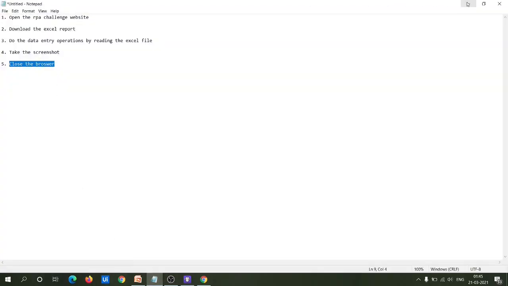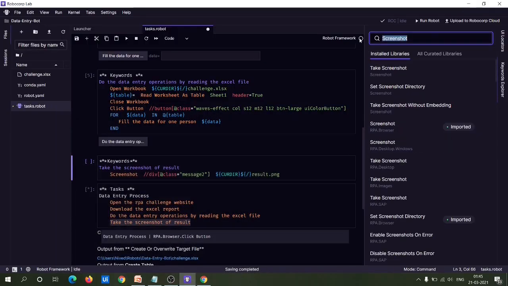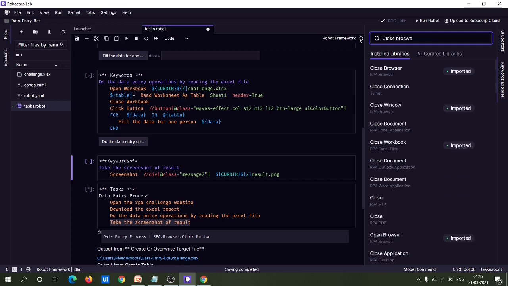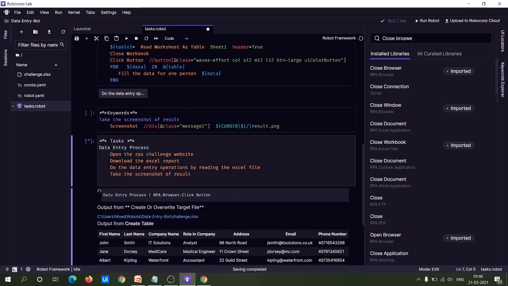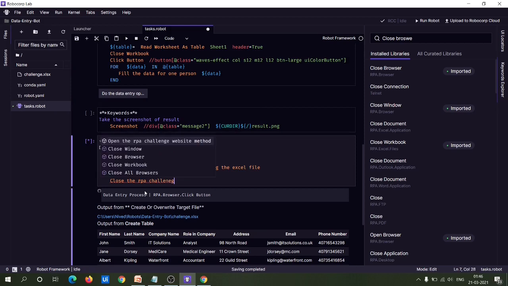For closing the browser, there is one more keyword which is known as the close browser keyword, which is coming under the rpa.browser library. For that, you can specify a step under the data entry task as close the RPA challenge website.